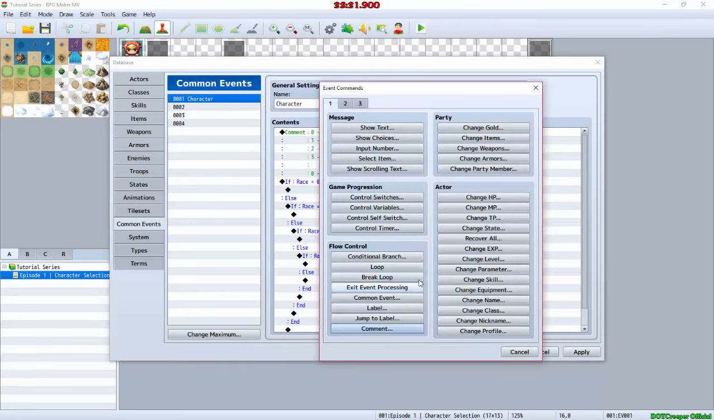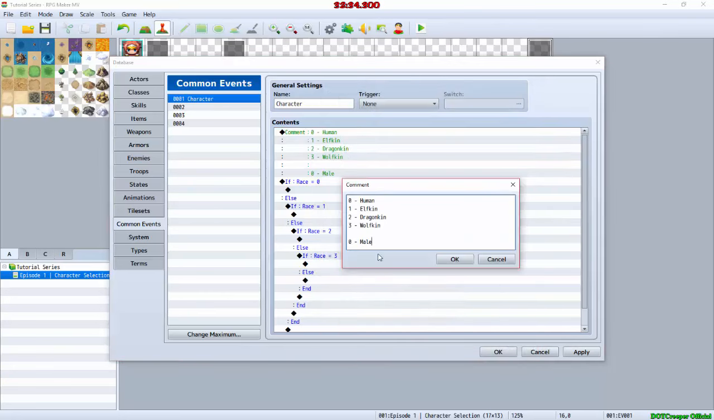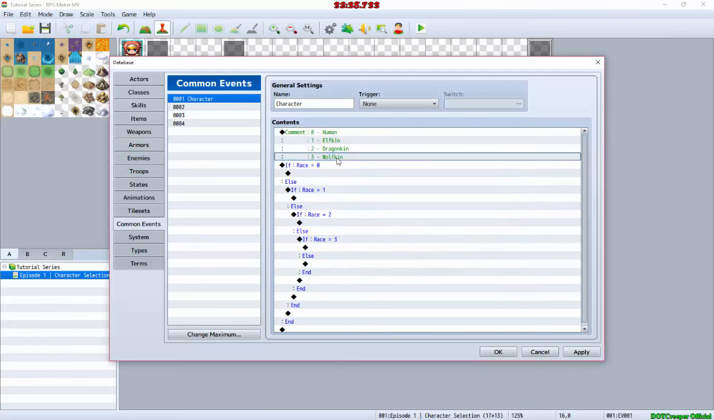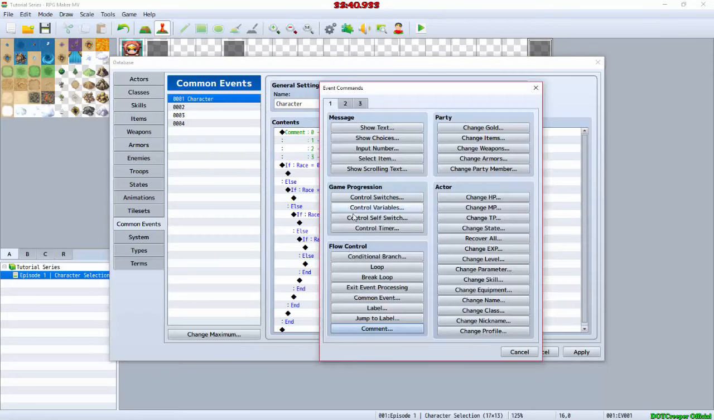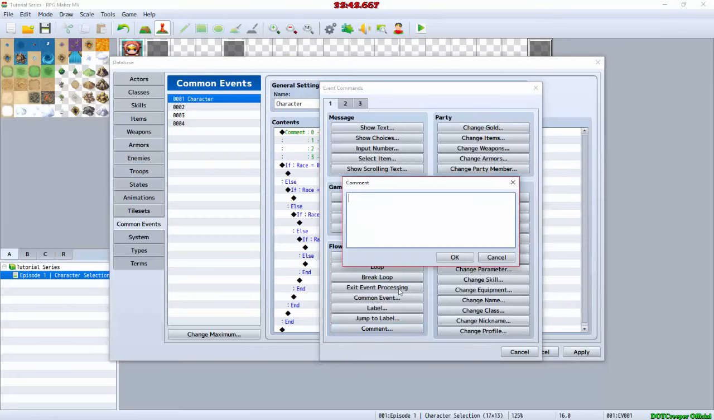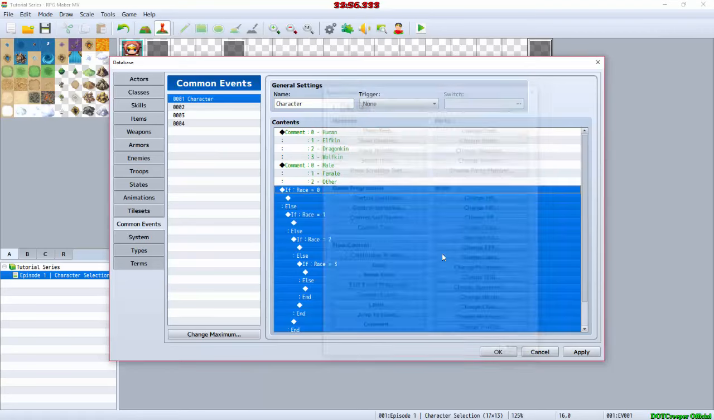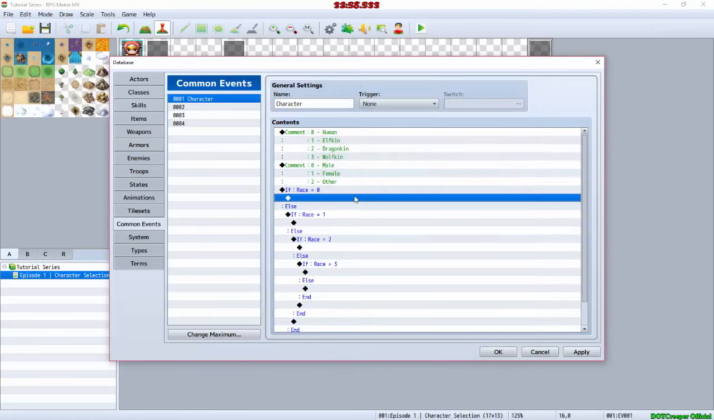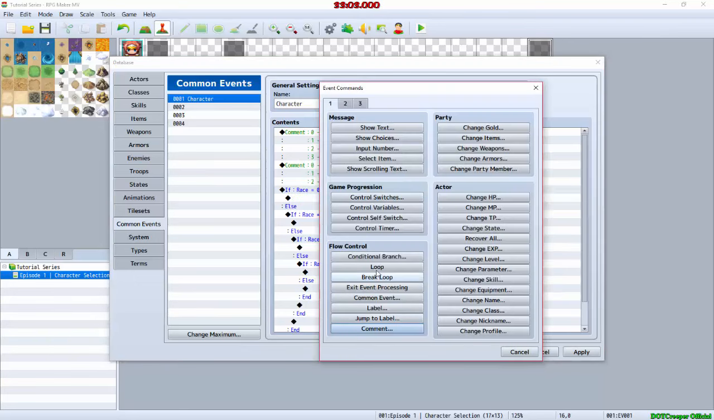Oh, I guess that's the max. Let's go ahead and edit that and remove these two. There we go. And we're going to go ahead and add a new one. Comment: 0 is to male, 1 is to female, and 2 is to other. So there we go. And now let's do, if race is 0, then we want to check